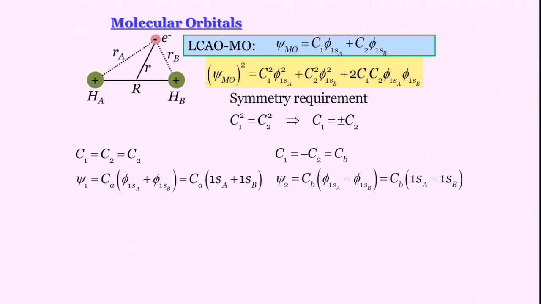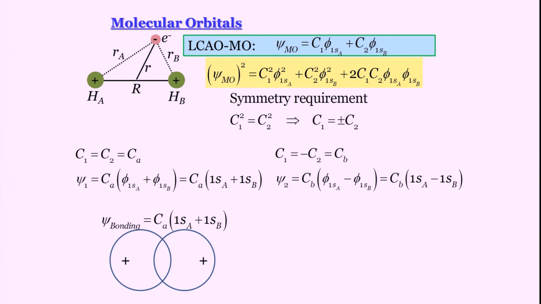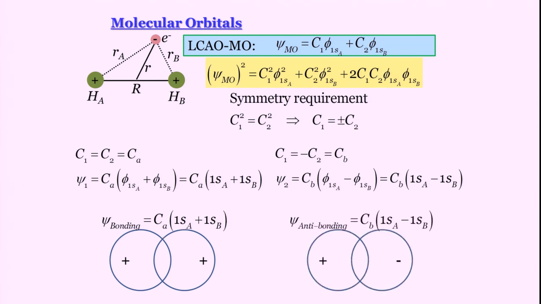How do I proceed now? The usual way, I want to normalize, I want to see what is the expectation value of energy and so on and so forth. But before that, let me tell you that this is called a bonding orbital, 1sa plus 1sb, and this is called an anti-bonding orbital. Again, I will take a rain check on why this is called bonding and why it is called anti-bonding later on, you can sort of guess. But do you see why I said that this coefficient naming was ill-conceived? Psi bonding is Ca multiplied by 1sa plus 1sb, psi anti-bonding is Cb multiplied by 1sa minus 1sb. If I had only interchanged A and B, then it would have been better. Bonding B, anti-bonding A would have been easier to remember, but alea iacta est.